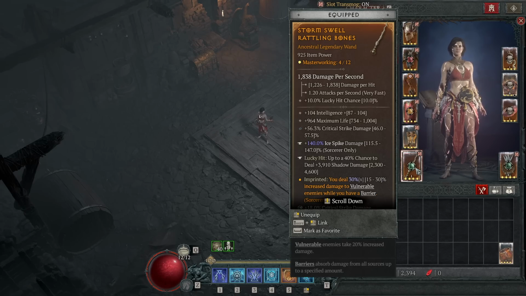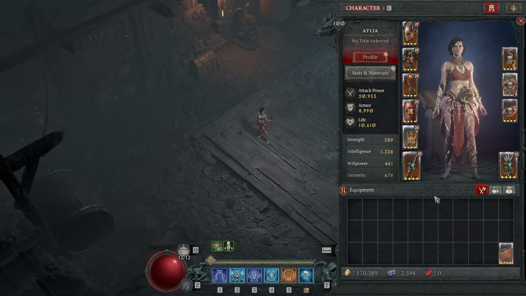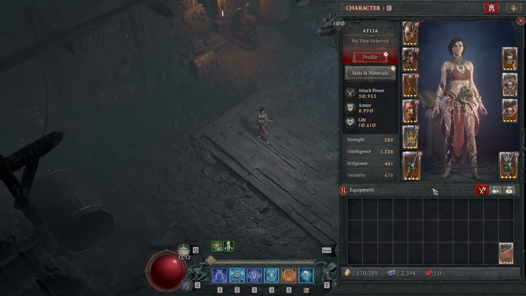And if you are wondering why not a staff when we can 2 times the glacial aspect for the spikes, well, with them removing attack speed as an affix on staffs, which is really sad, it's just not worth it over the flexibility of one hand and focus. That said, with perfect gear, ultra endgame, super deep masterworking on everything, it is looking like it might just be